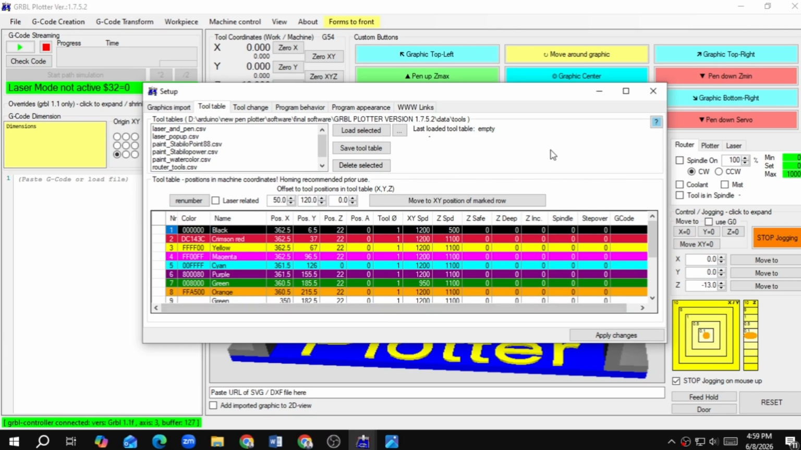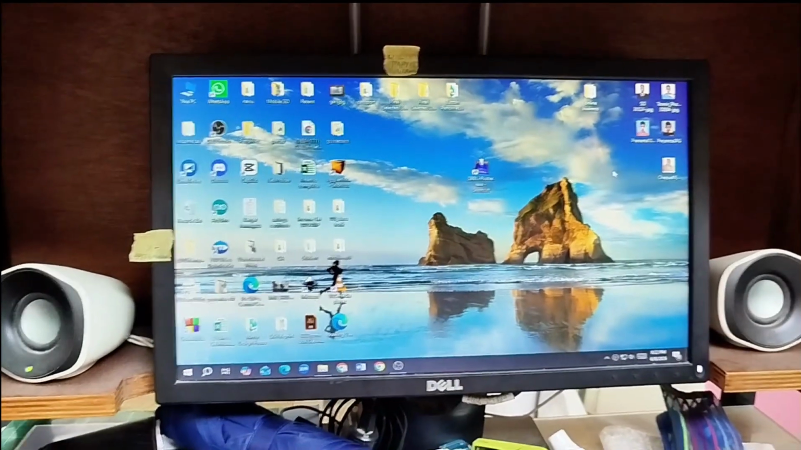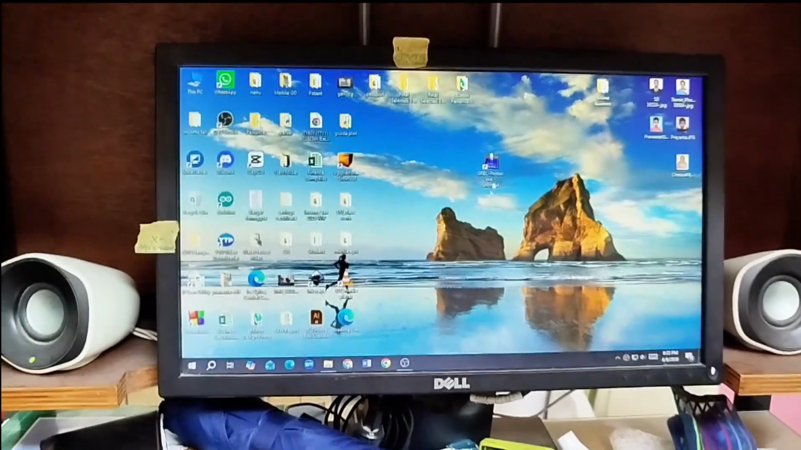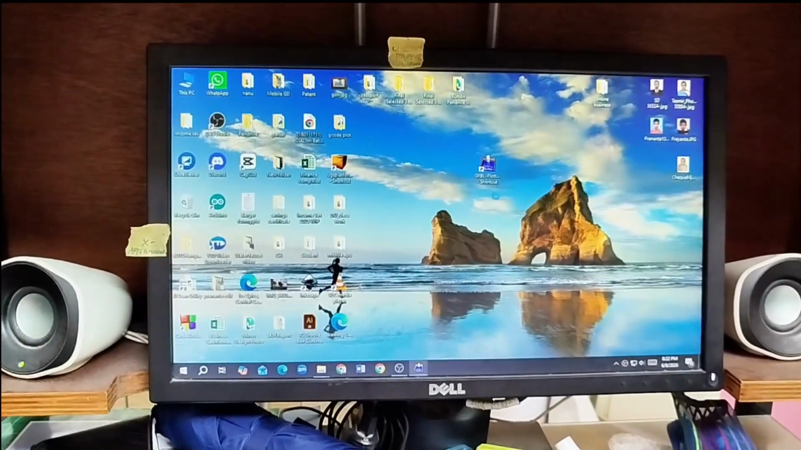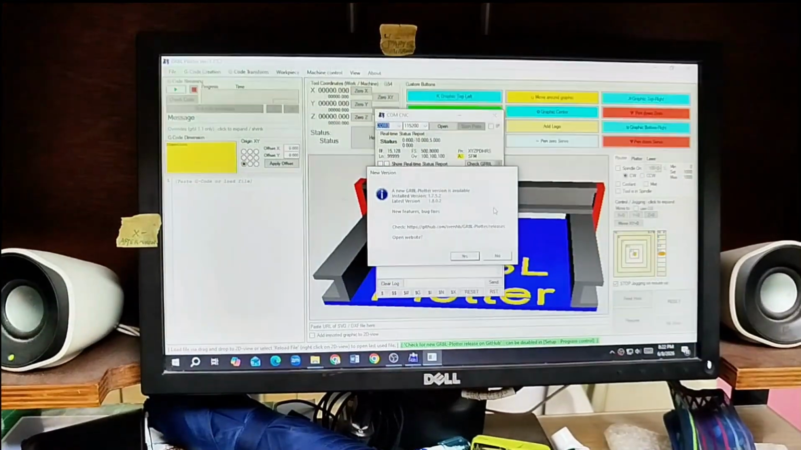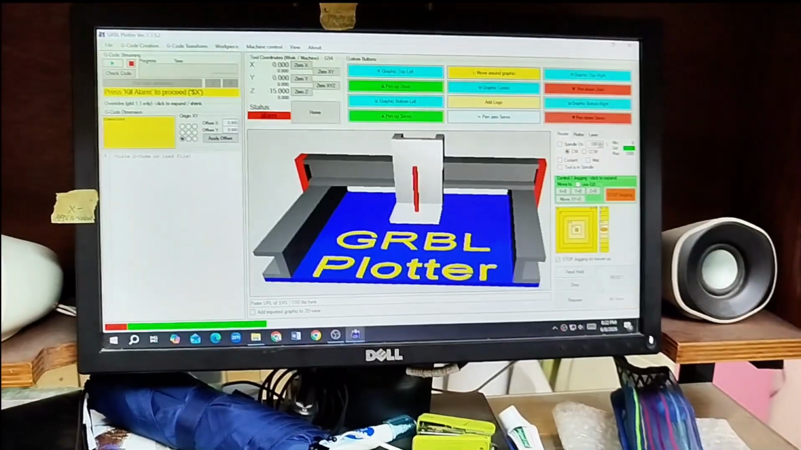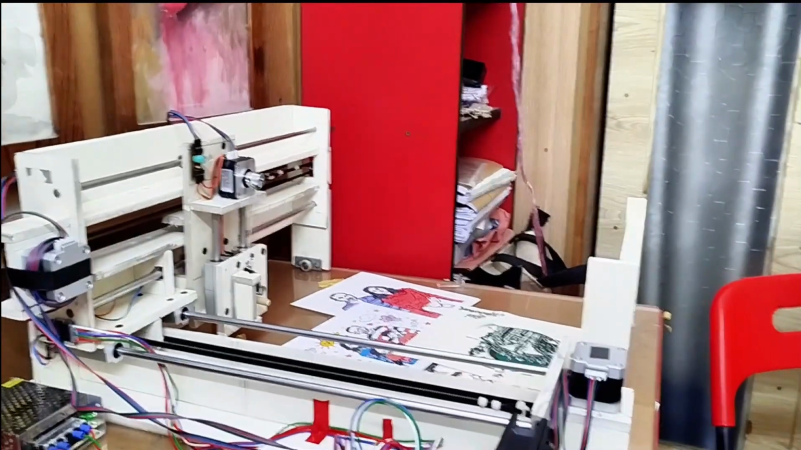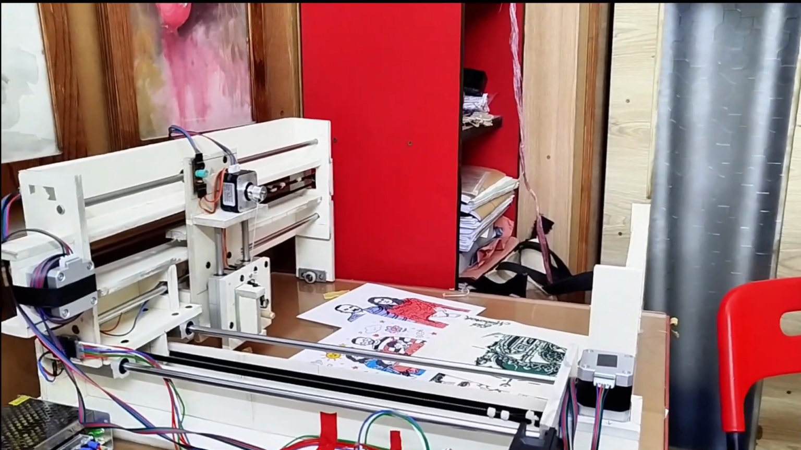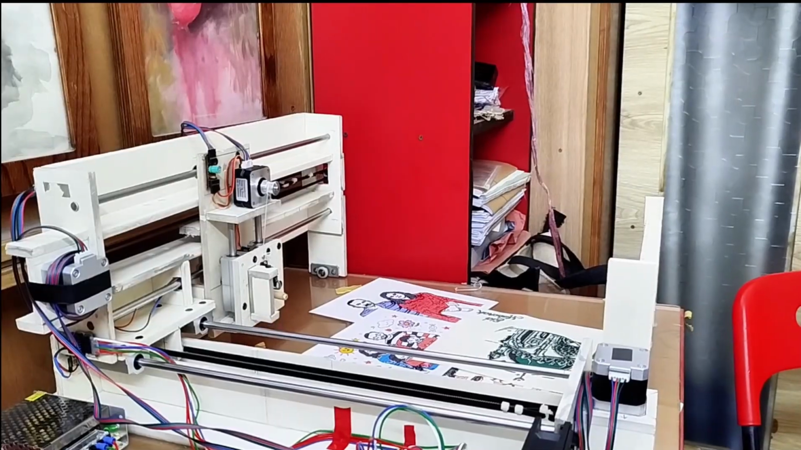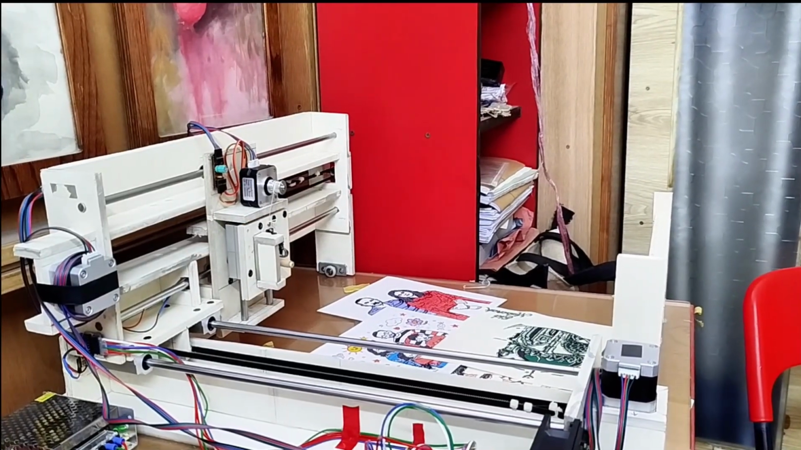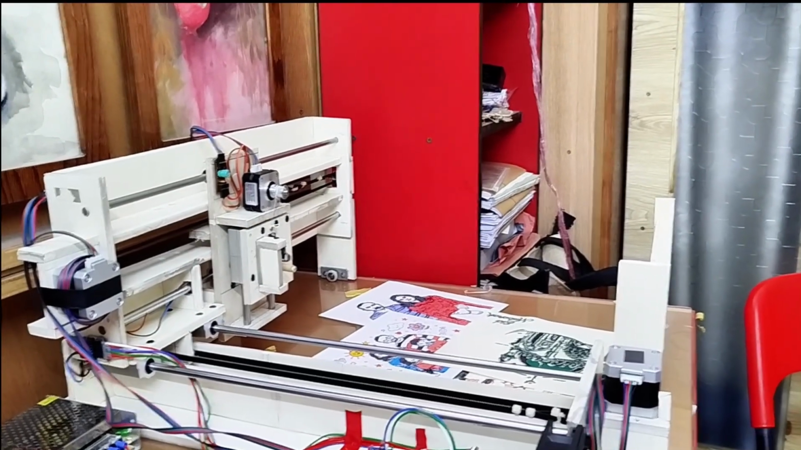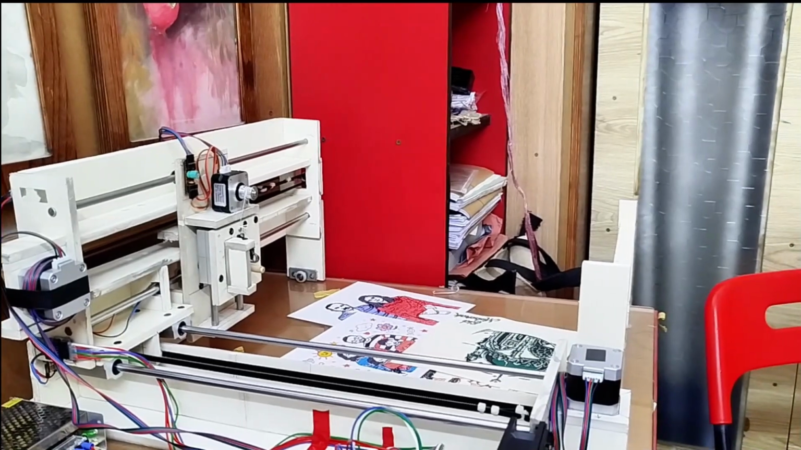Now how to set the tool table? To set up the pen changing mechanism, first we need to open grbl plotter, kill the alarm, and we need to home our machine. After homing,